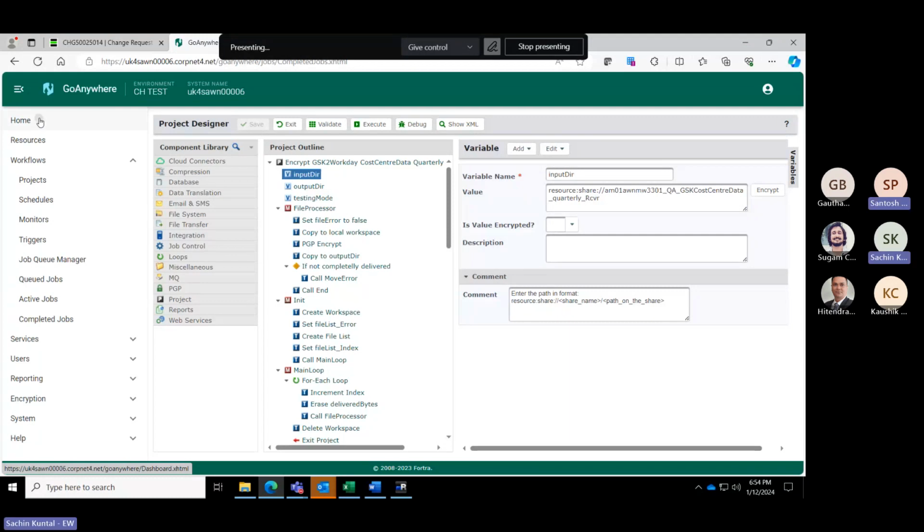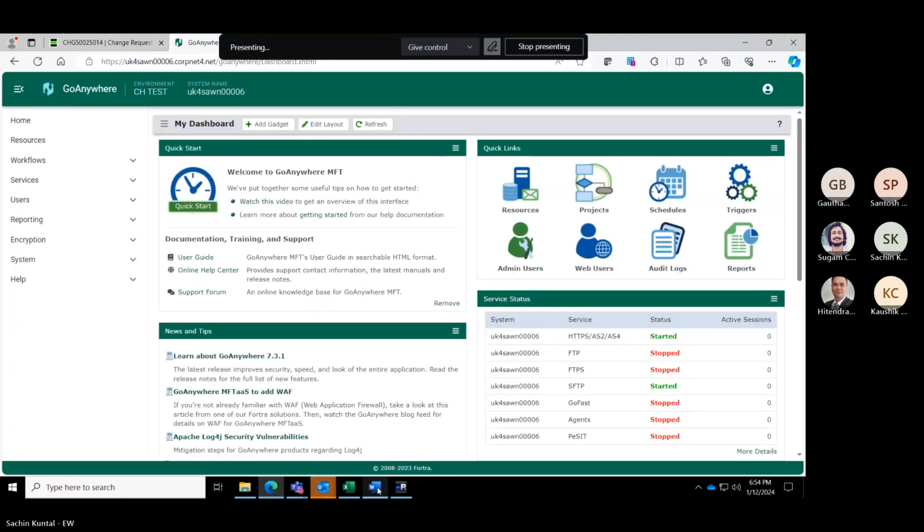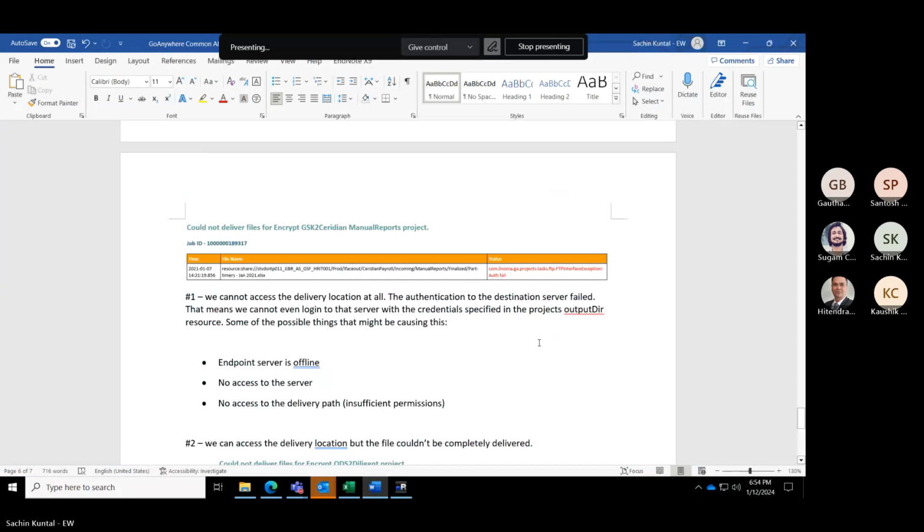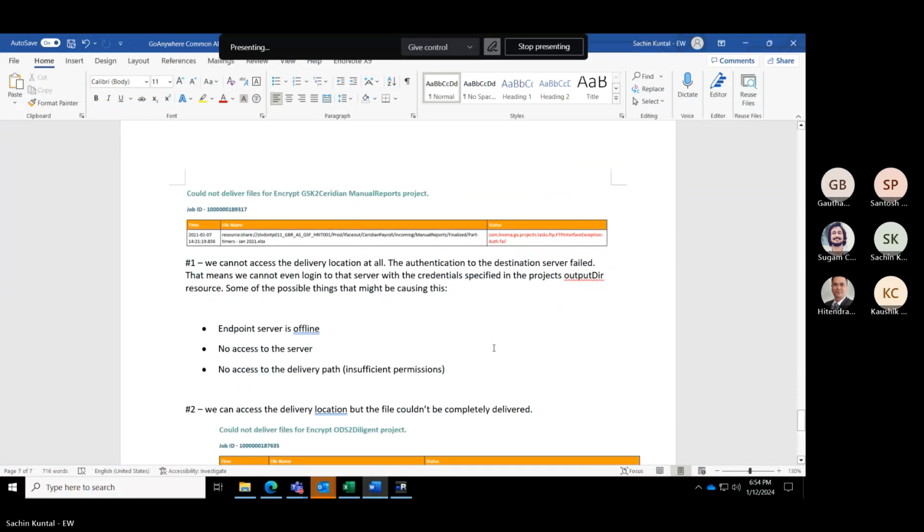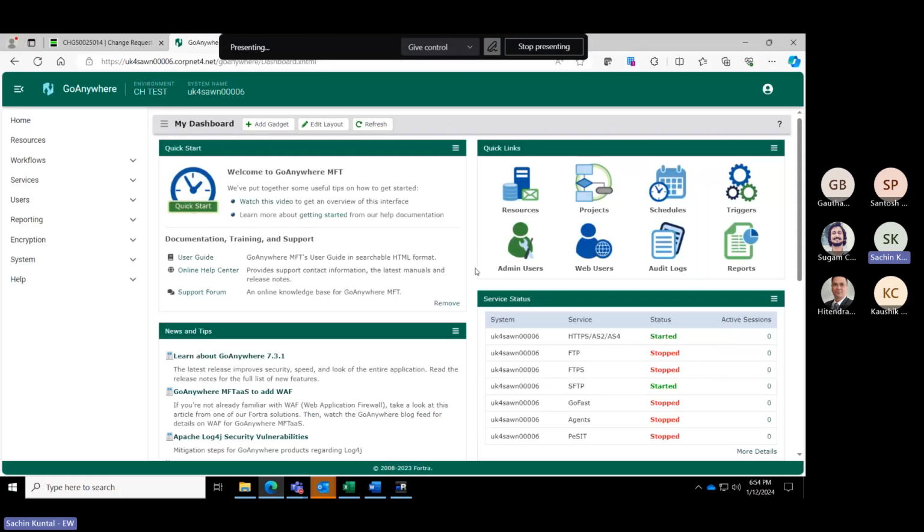So this is the manual execution. Now other reasons might be, let's say, the destination path is not accessible. The reason can be multiple. One is again related to network connection; there might be some intermittent network connection issues. Another case might be the permissions have been modified by someone who has access to that server. That might be a possibility.